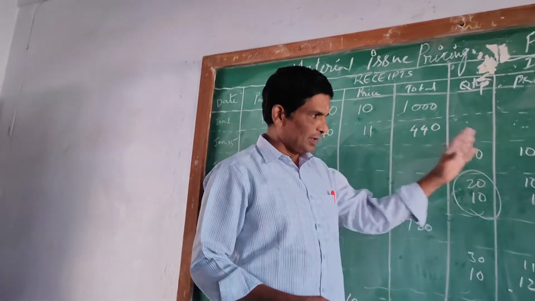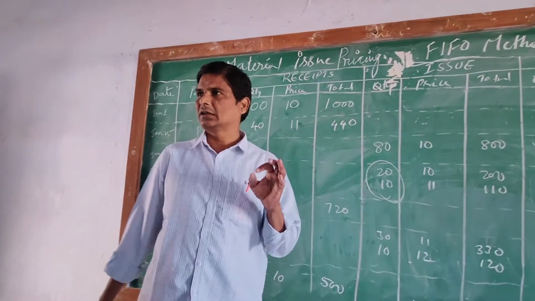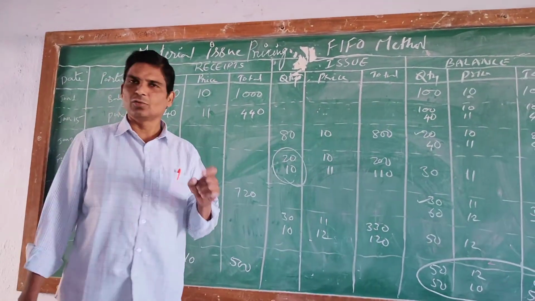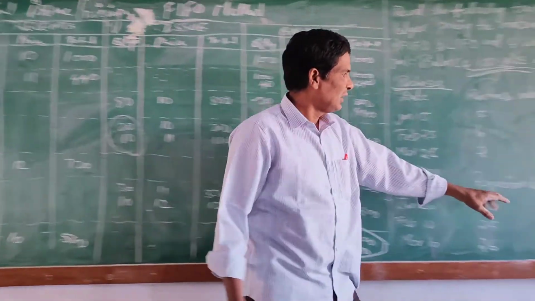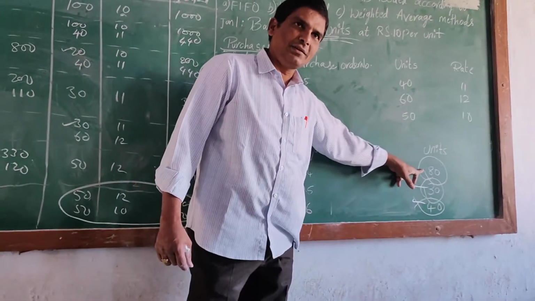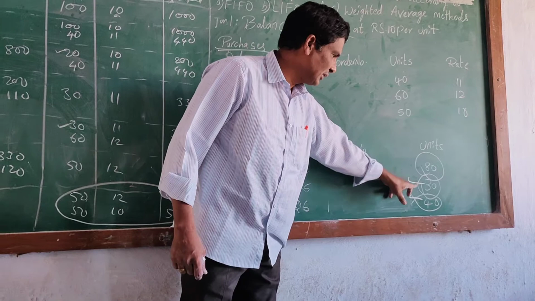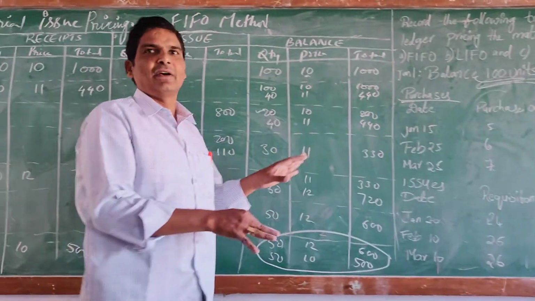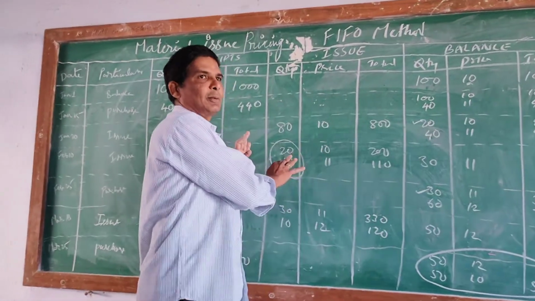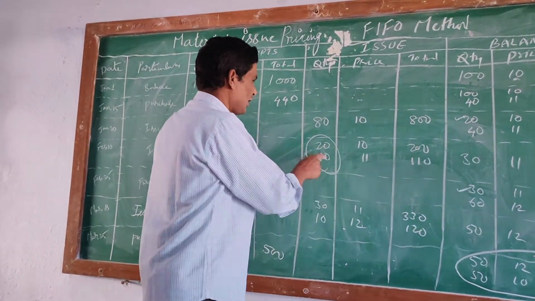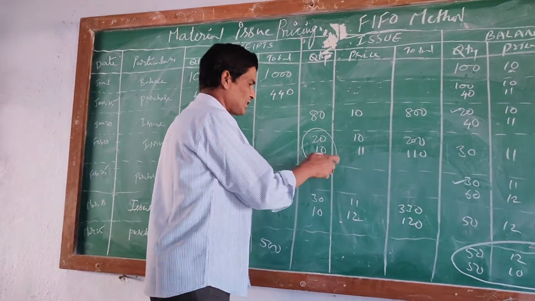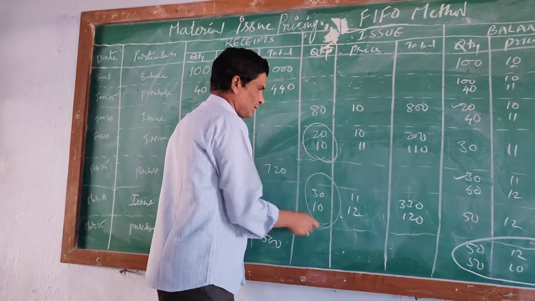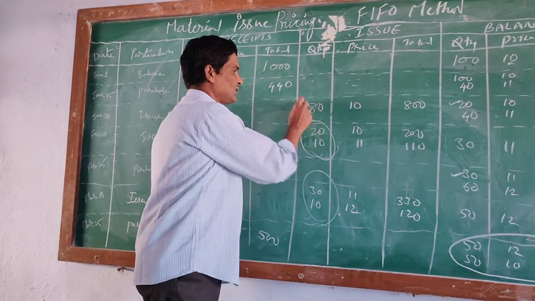So when you see this, you have to concentrate on only one thing. What is that? What is the price for these 80 units? What is the price for these 30 units? What is the price for these 40 units? Remaining everything is the problem given. The same problem is depicted here. This is the question.